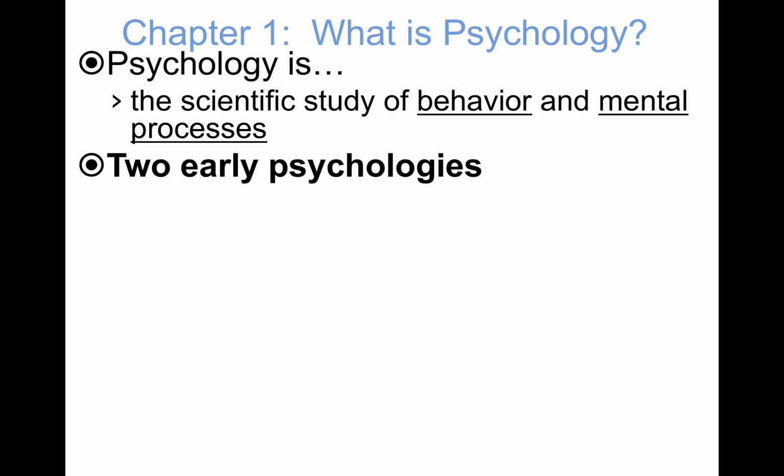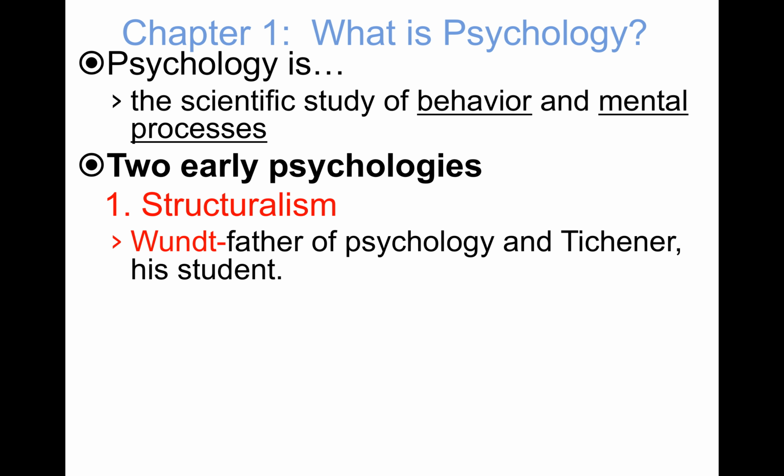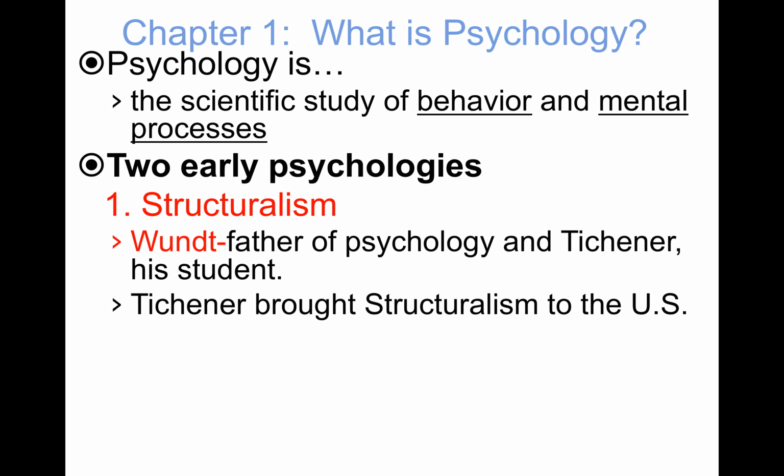Let's move to some early philosophies or psychologies, the first of which is called structuralism. It's well known because structuralists really tried to dissect thought into its underlying structure. The person who brought this perspective to psychology was, not surprisingly, a physician by education. His name is Wilhelm Wundt. He was a German psychologist who's generally credited with being the father of psychology. Titchener was his student who brought his views to the United States.